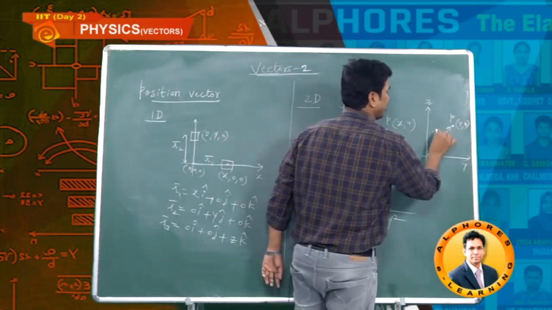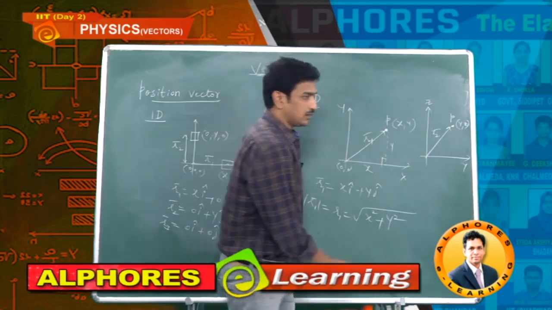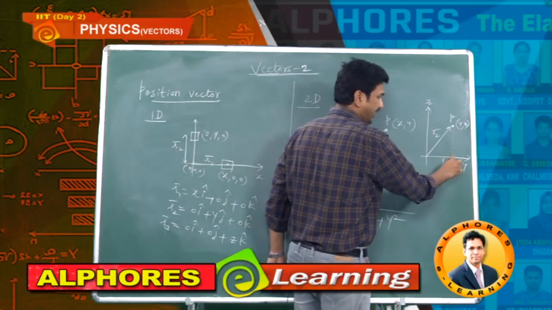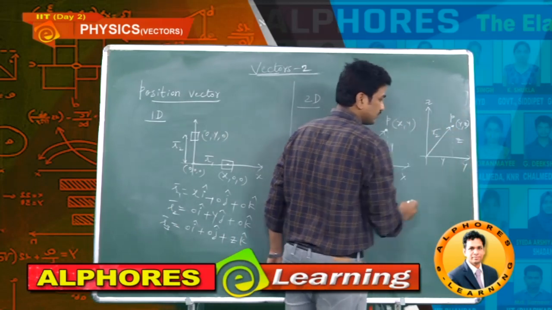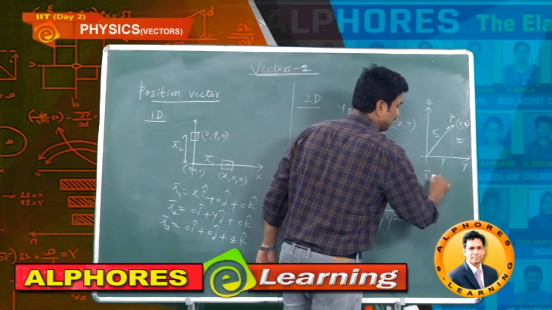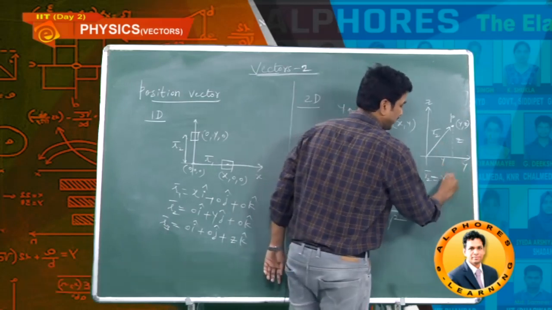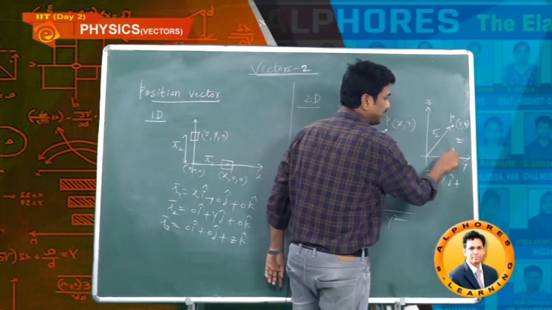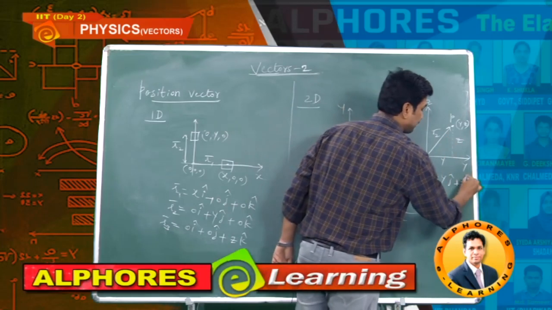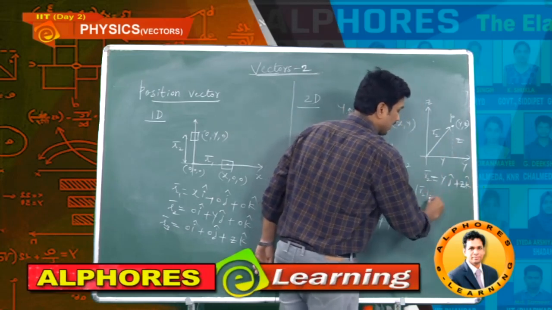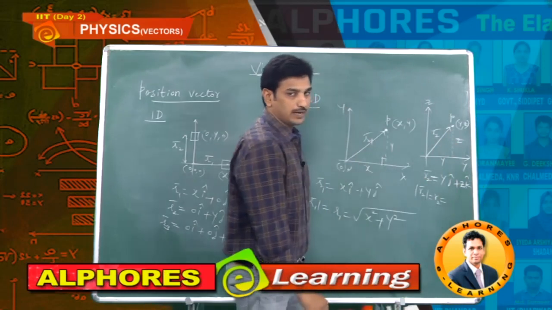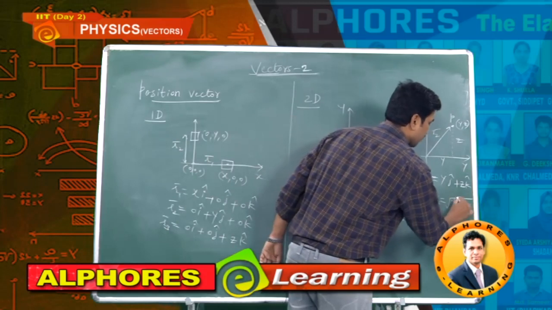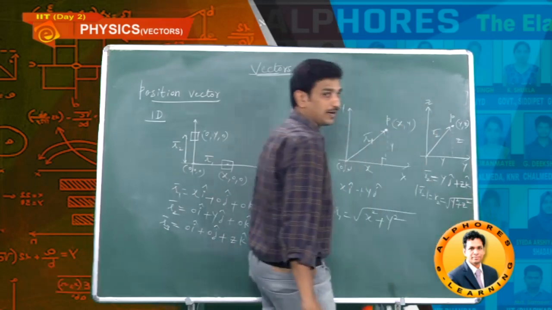See, this is y, this is z. Position vector I can call as r2 bar. Along y direction it has to move y, and along z axis it has to move z. So position vector r2 bar is equal to y j cap plus z k cap, the y direction indicated by j cap, the z direction by k cap. Now r2 bar magnitude is r2, vector magnitude is a scalar, that is under root of y square plus z square.